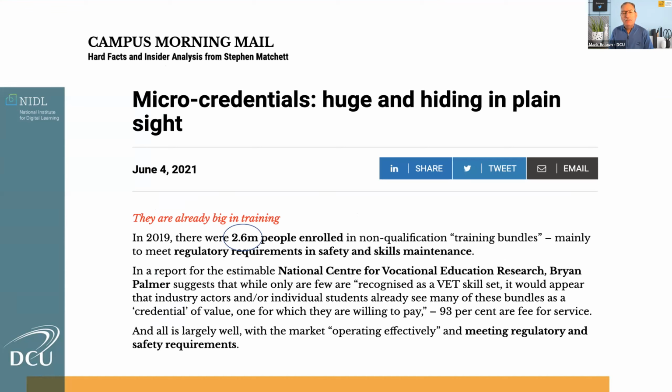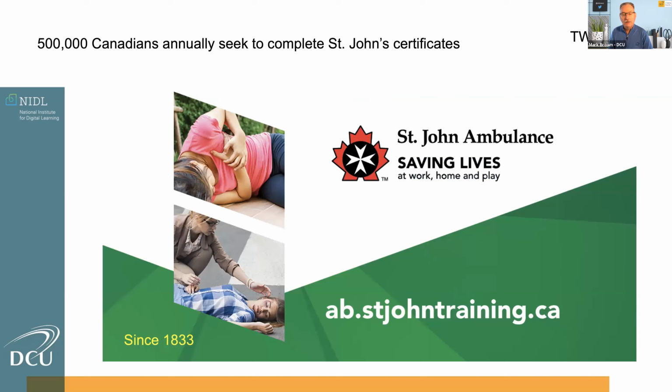The first point, in the positioning of micro-credentials, is that it's really important to understand that there are older forms of micro-credentials and now newer types of micro-credentials. This is a study from Australia showing that in 2019, 2.6 million people had already registered for or completed a non-higher education focused training bundle, not leading to a particular qualification per se, with a very strong vocational focus. These could be seen as older micro-credentials, particularly in areas of workplace safety training and things like forklift driving. You could even argue your driver's license is a form of micro-credential,